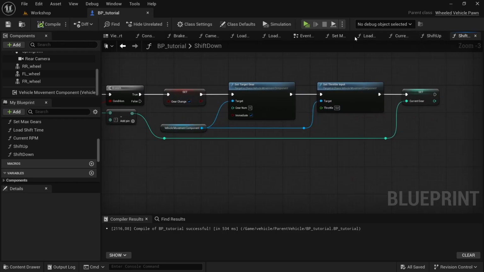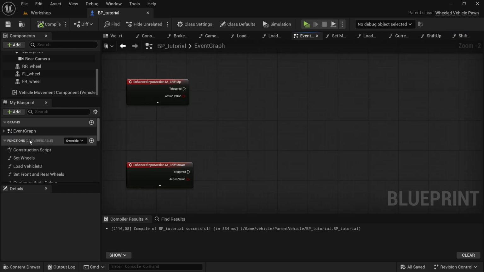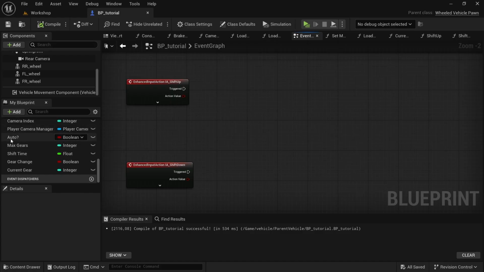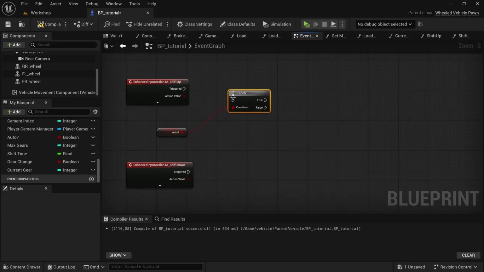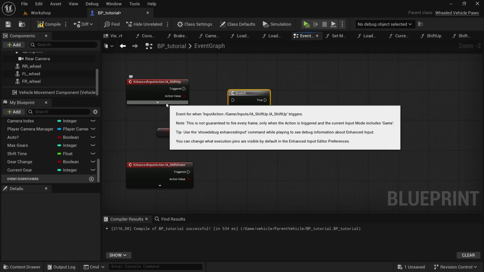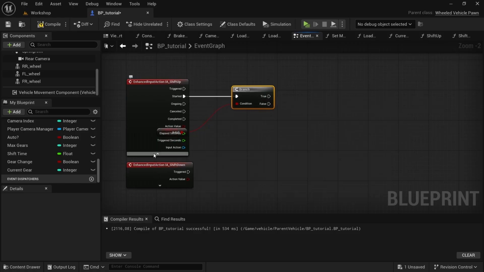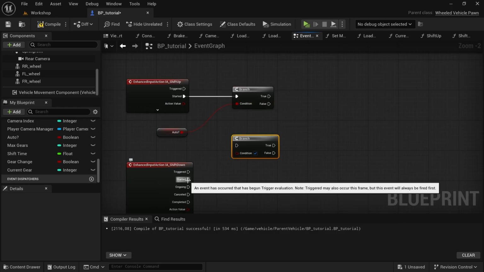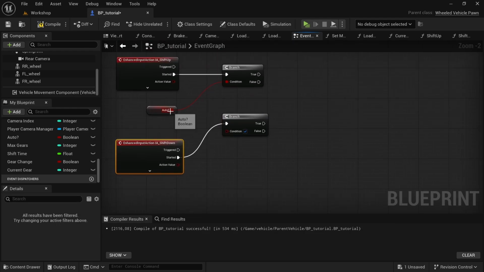We're going to compile, head over to the event graph, and then in here, we are going to drag in the auto variable, hold control, drag this in, drag off from there, add a branch, and then by the shift up input, expand that, and then we're going to go from the started, connect that to the branch, collapse that once again, select the branch, Control D, and then by the shift down also from the started, connect that to the branch, collapse that again, connect the auto to the branch connected to the shift down,